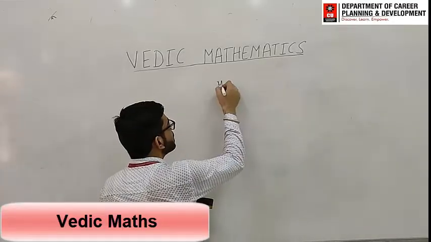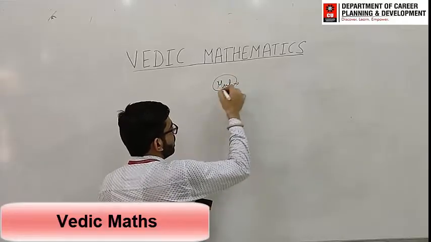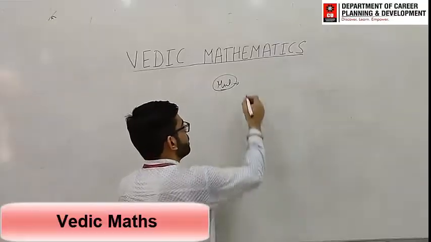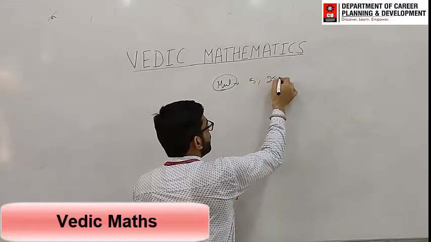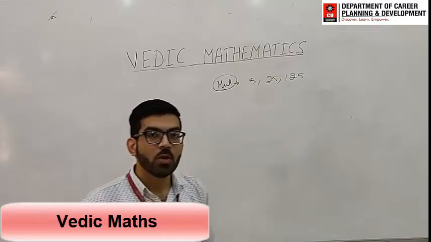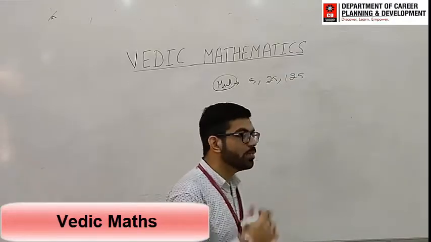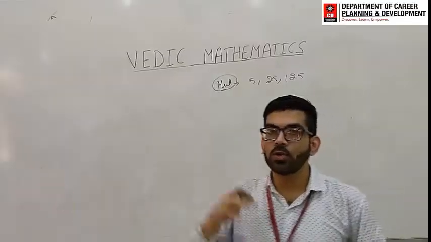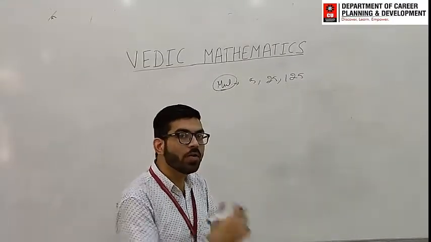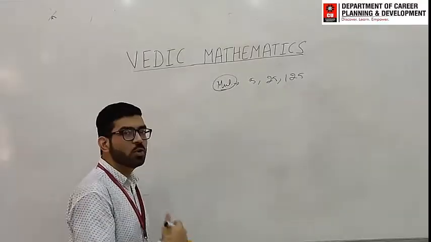So for multiplication of the numbers which are ending with 5, 25 and 125, it is better to just learn one thing in Vedic mathematics. We are going to transform the question from one form to another. Just see how we can transform the question. Just suppose you have to multiply a number